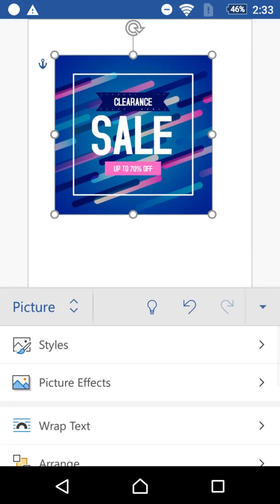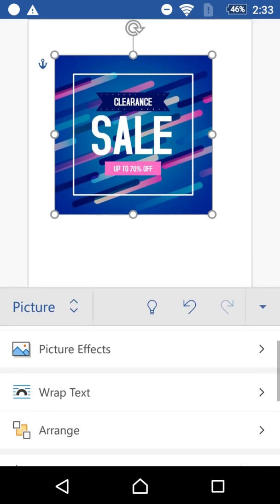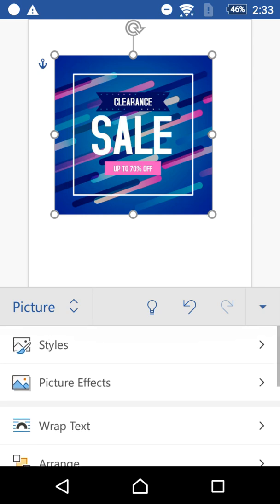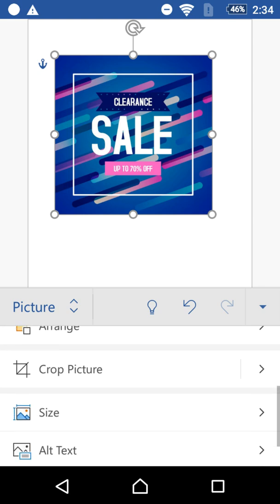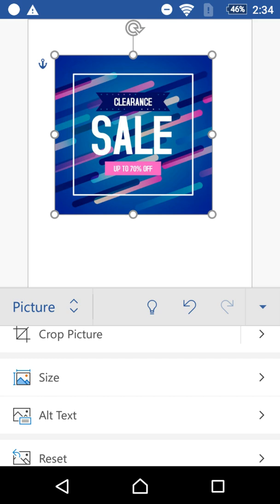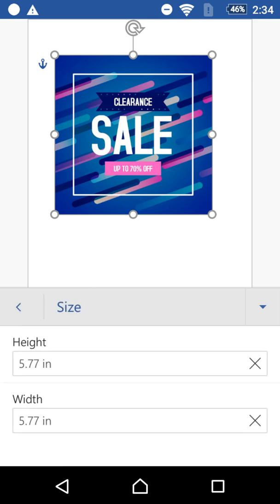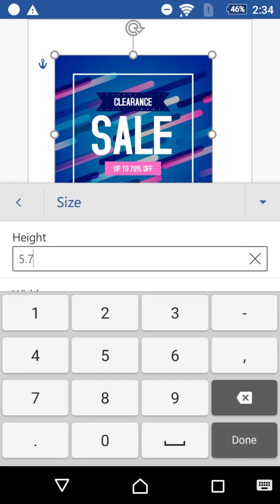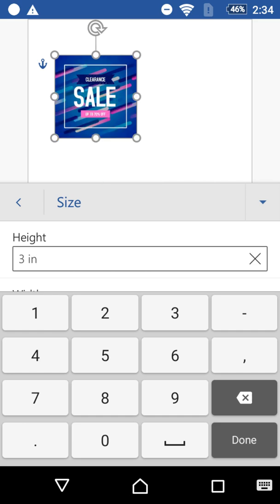Now these are my options for the picture: wrap text, picture effects, arrange, crop, size. Tap on size. Now the size right now is 5.77 inches. It's a square picture. I'm going to reduce the size to 3 inches. Just type 3 here and it will automatically do that for you. Like both the height and the width,